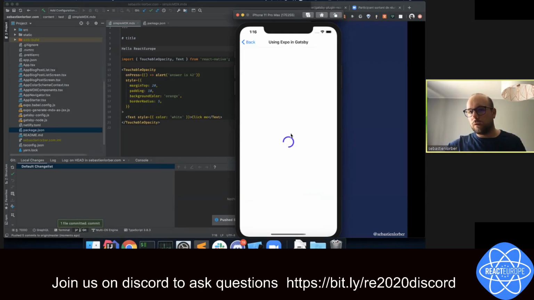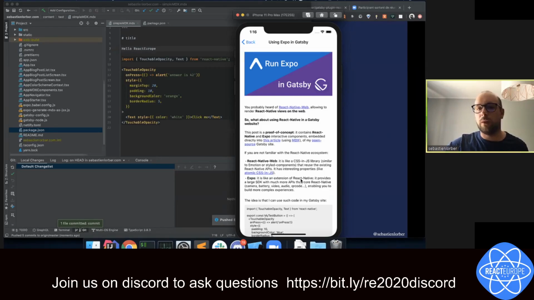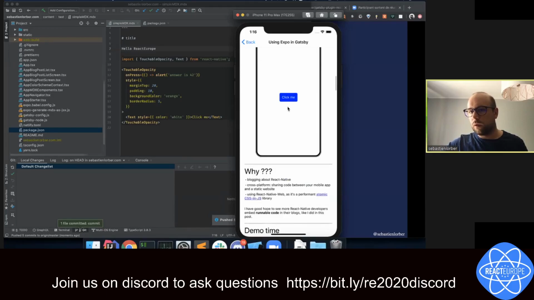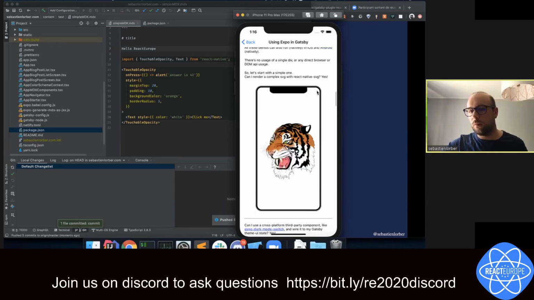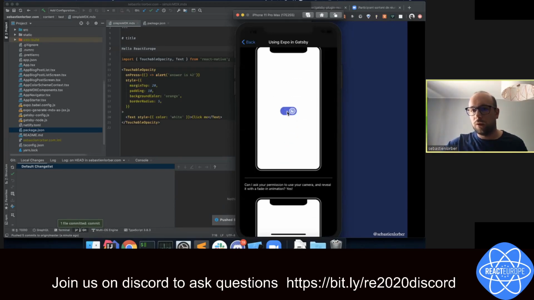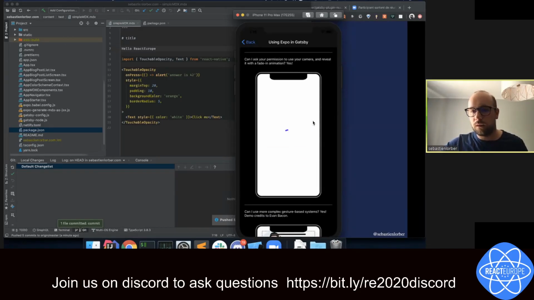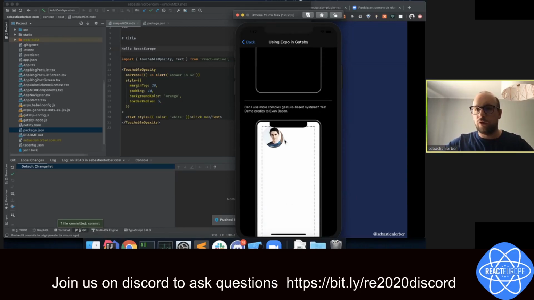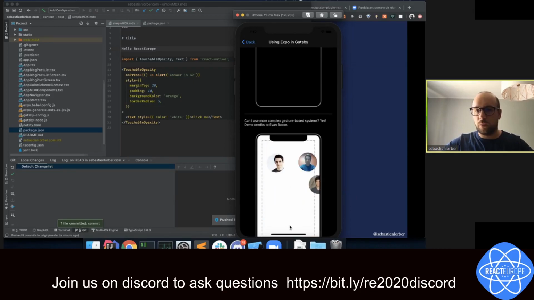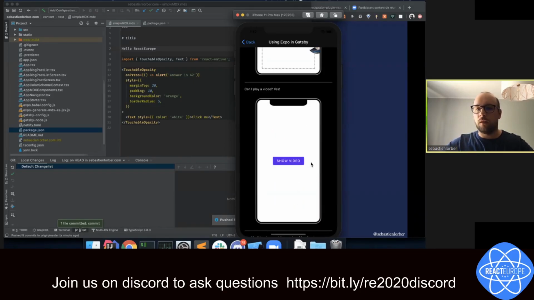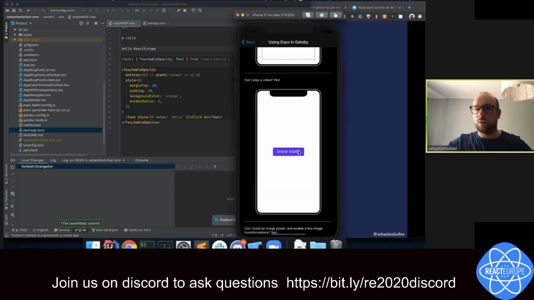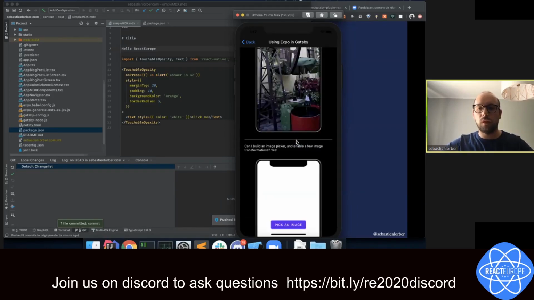And if we look at this blog post, which contains a lot of React Native embedded components, you can see that the components that work on the web are actually cross-platform, so they are able to work natively on the mobile app. So I'm also able to toggle the switch here, for example. I'm in a simulator, so I don't think the camera works, but you get the idea. The gesture also works. And there is also the ability to show the video, and the image picker also works.